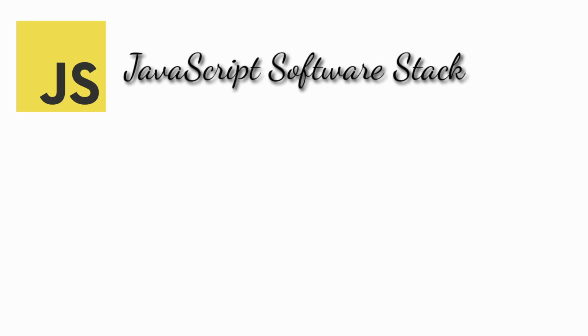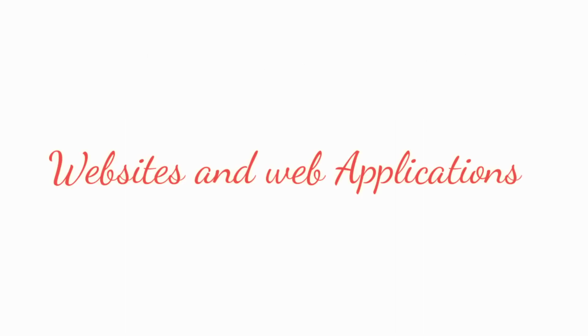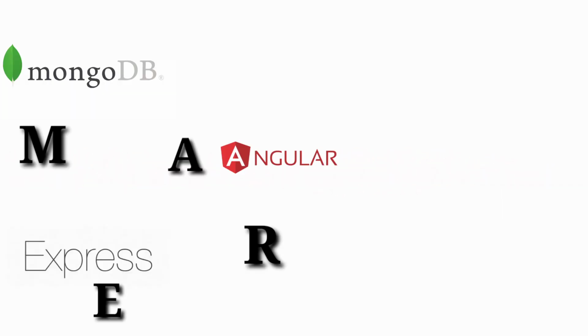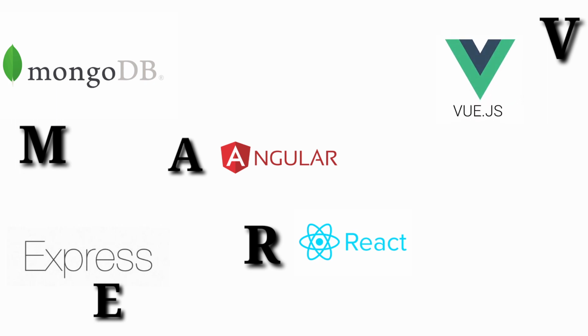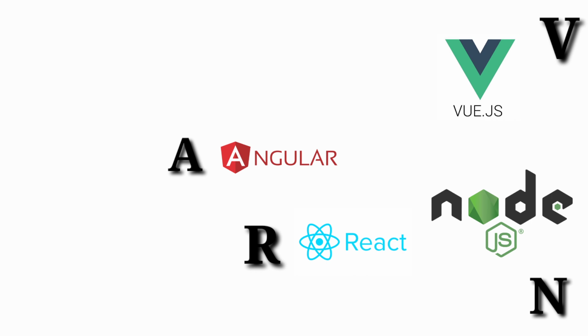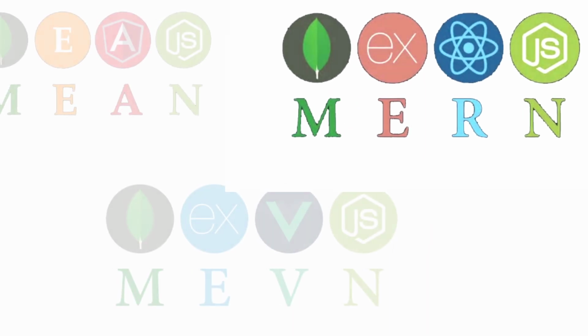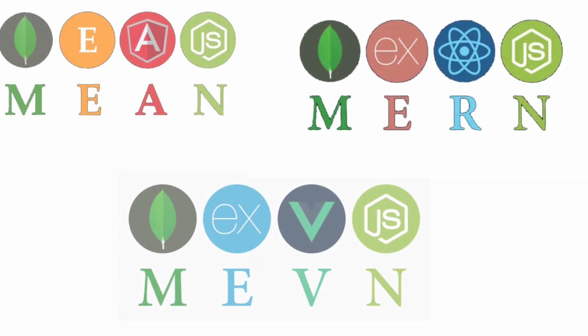MEAN is a free and open source JavaScript software stack for building dynamic websites and web applications. If you want to build a static website, we use HTML, CSS, and JavaScript. If you want to build dynamic, MEAN is the best. And MEAN stands for M for MongoDB, E for Express, A for Angular, R for React, V for Vue, and N for Node.js. If you want to build a website, we need front end, we need back end, and